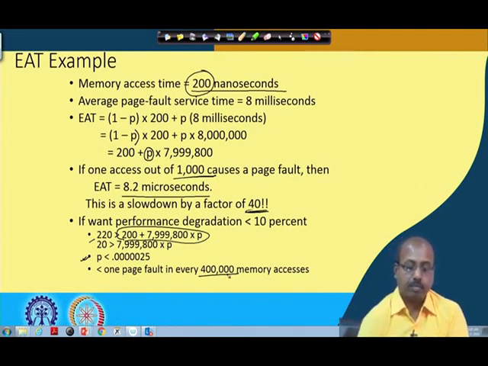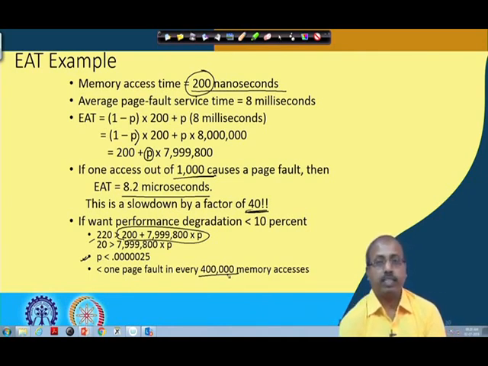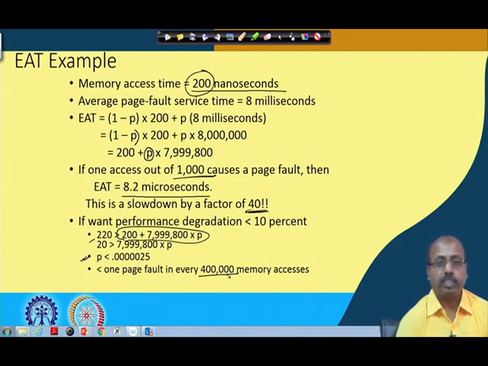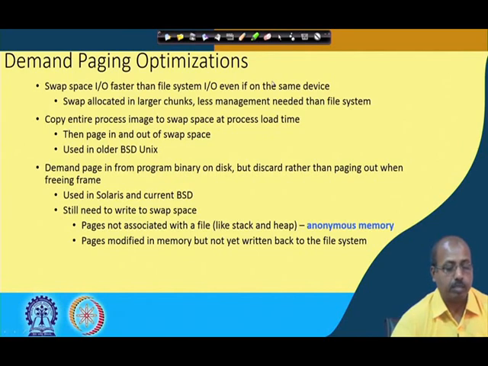That example shows that we have to do something so that this page fault rate becomes pretty low. We have to think about how many pages of a process should be loaded, and which pages we load into memory. All these decisions are going to affect this EAT computation, and if we want the EAT degradation to be low, then the page fault rate should also be very low. We will look into how this is addressed in the demand paging environment.